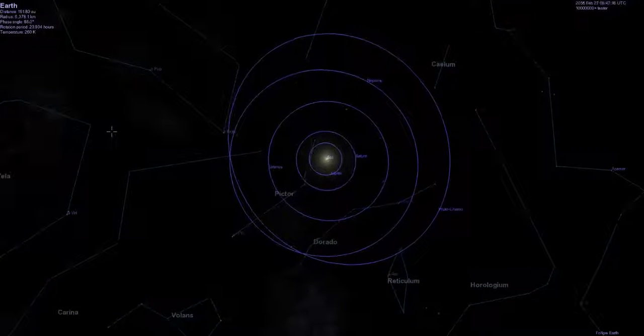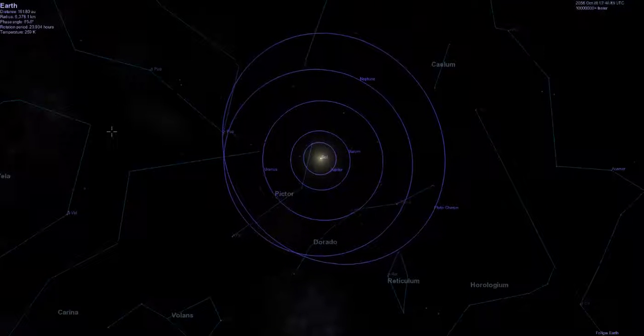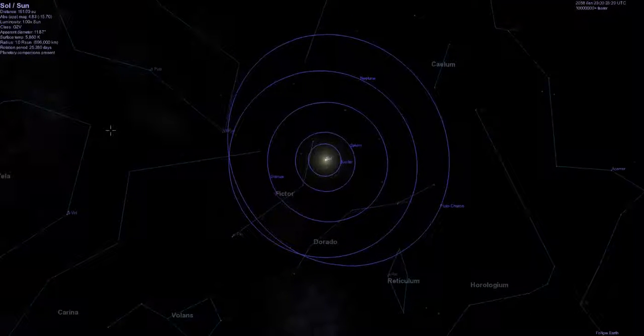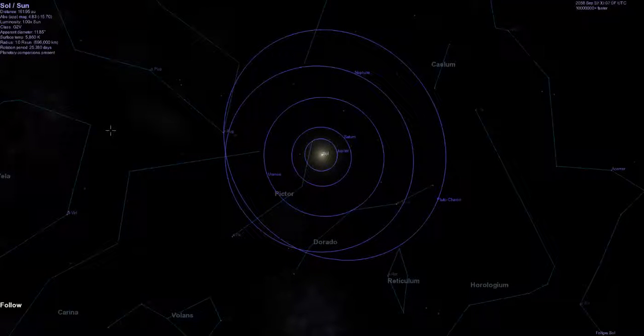We'll conclude this by going back to the heliocentric center. So I'll press Sun, and then F, pressing Sun, and the Sun will be locked. We have a standard viewpoint. Of course, you have the